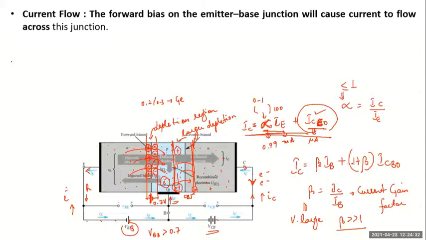Why is beta larger than alpha? Can somebody tell me? Looking at the values of alpha and beta, the equations. IB will be less, ma'am. Yes, IB will be very small when compared to IC. Remember, usually IC is in milliamps, IB will be in microamps, whereas IC and IE are almost at the same level. Can someone tell me the relationship between IE, IC and IB in a transistor? IC is equal to IE plus IB.